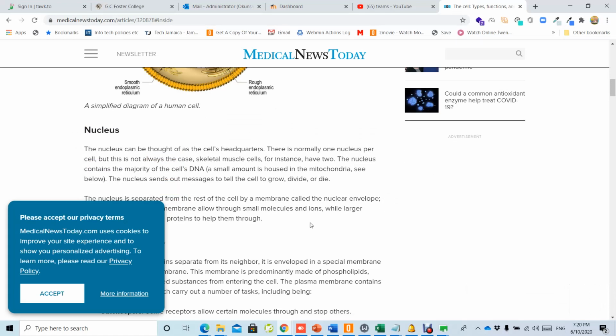Microsoft Teams is a tool which we can use to have synchronous communication, and that enables you, your lecturer, and your colleagues to share documents and to video chat while being distances apart. So Teams is free for GC Foster College, just like OneDrive, Word, PowerPoint, and Access, and Teams is within your GC Foster College email. I am going to take this time to look at the two methods of starting a Teams session and